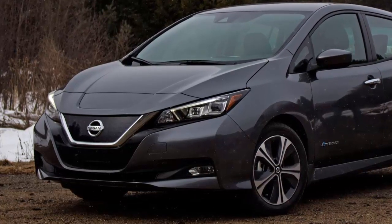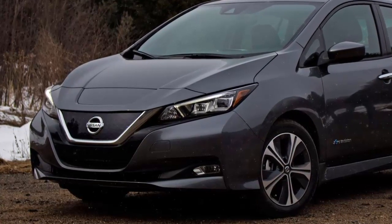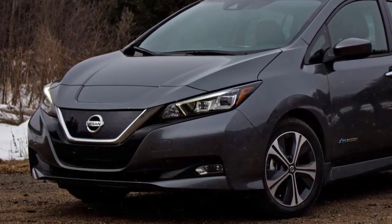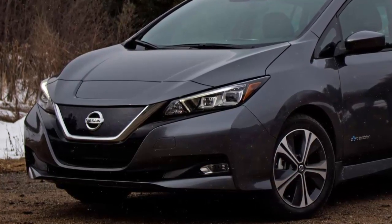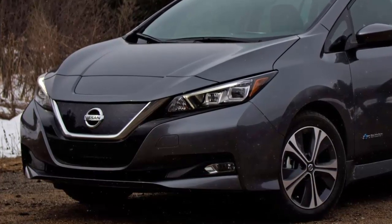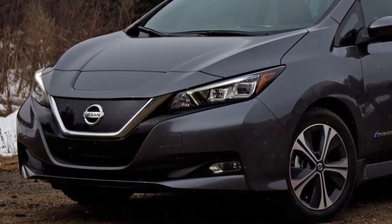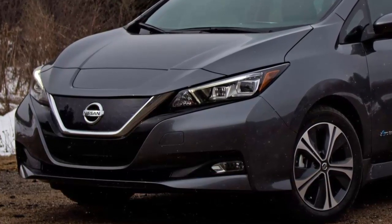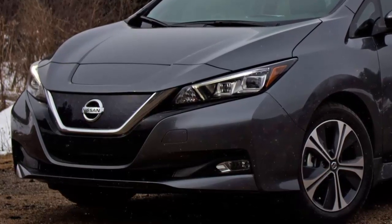That's a bold claim, because there are other EVs out there with superior range. Think Tesla, Chevrolet Bolt EV, or even Hyundai's upcoming electric Kona. Is it therefore safe to proclaim that a lofty range is unnecessary? Here's the thing. The Leaf is affordable, and that's where it beats its rivals. As I'm writing this, a viable electric car that offers as much freedom as its gasoline counterpart is very expensive,